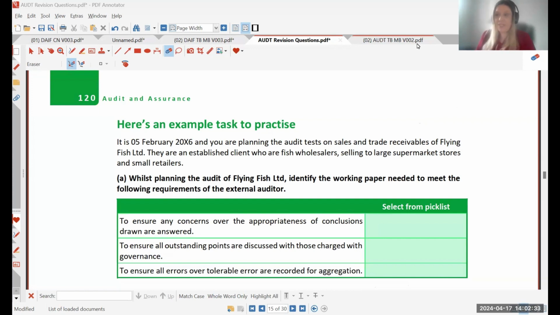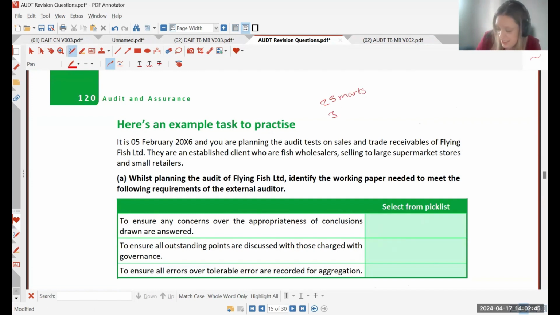Now, task 3, this is a big one, much bigger than tasks 1 and 2. Task 3 is a written task, so it's worth 25 marks, which gives you around 37 minutes to complete it. Now, there will be some nice marks you can pick up from multiple choice questions. It won't all be written, as you can see from part A on the screen right now. So you will get to answer some multiple choice, but the big bulk of marks is going to be coming